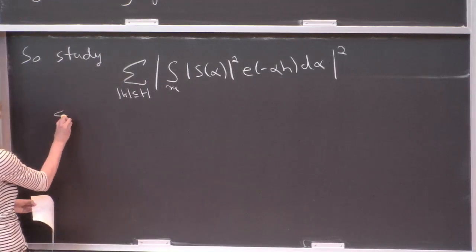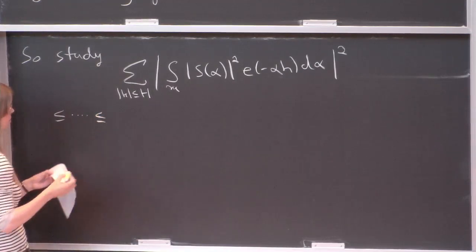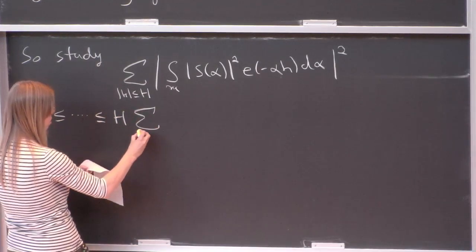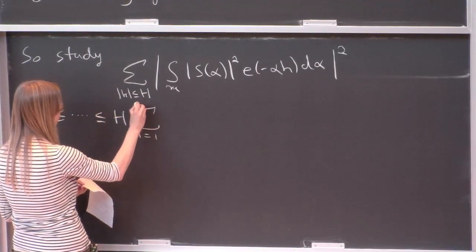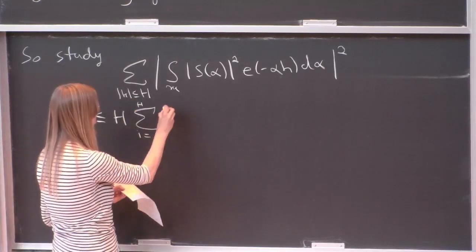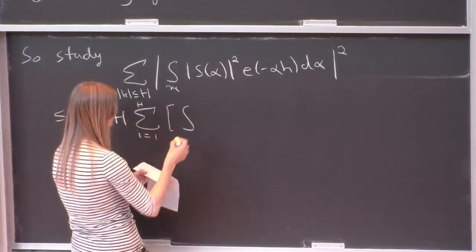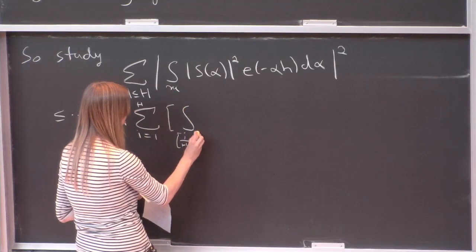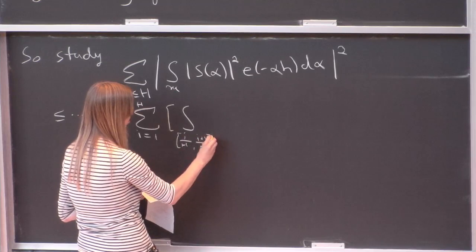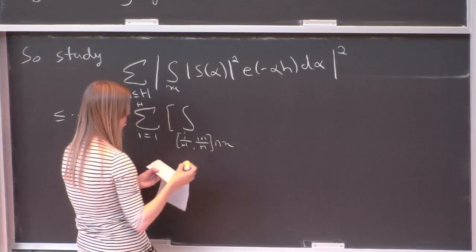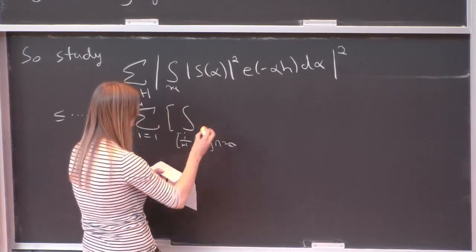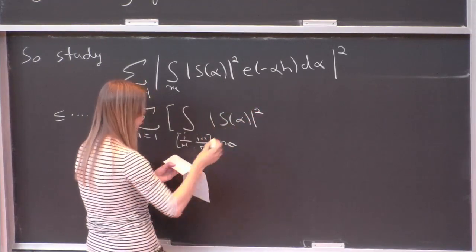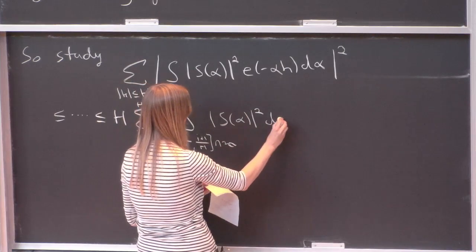And anyway, doing this, we first end up with something like the sum of 1 over h and the integral of